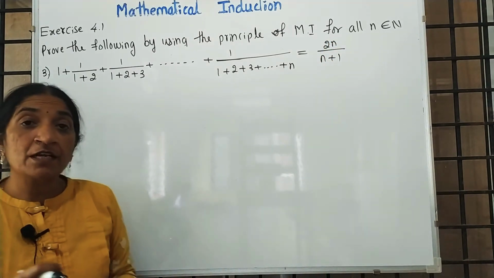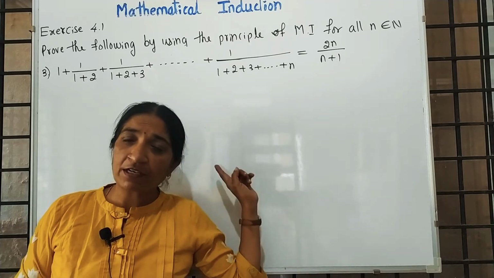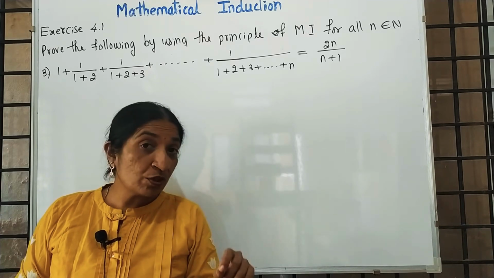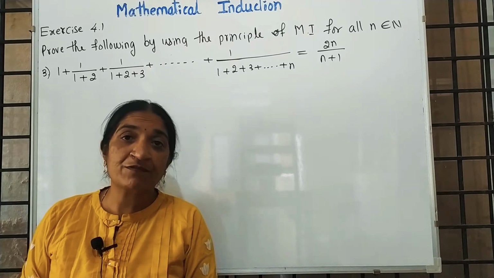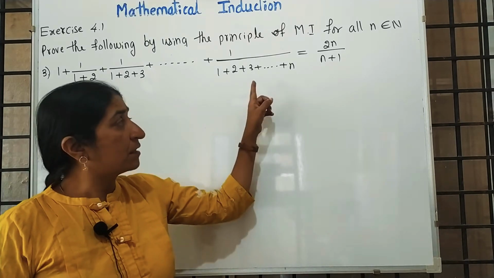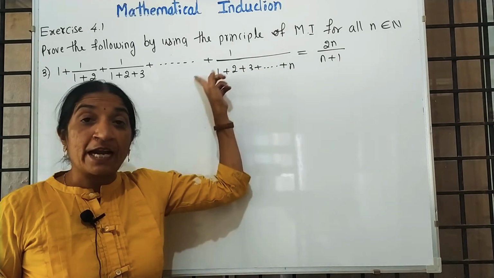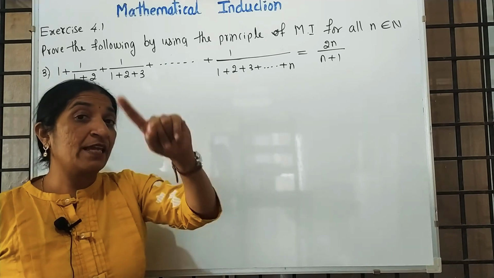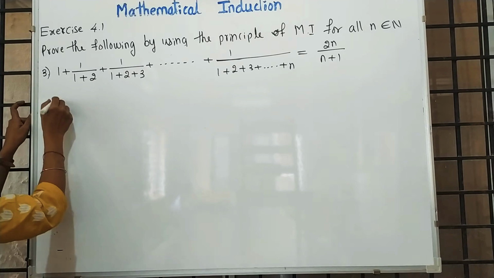But till now we completed 4 examples. In the first class 3 examples and 1 I completed now. So what you observed, if you know the last term of the left side, then only you can write the third step. Here, yes, the last term of the left side is given, but it is not in the standard form, because this one is the standard formula that I gave in the first class, first sum. So what is this formula?